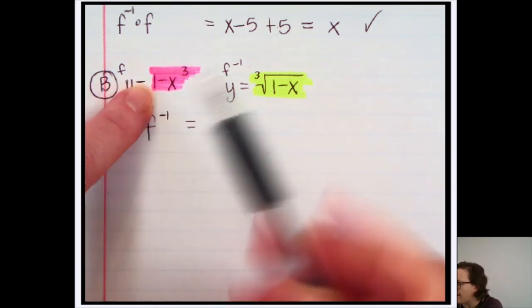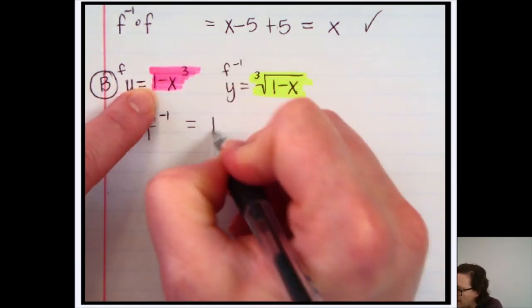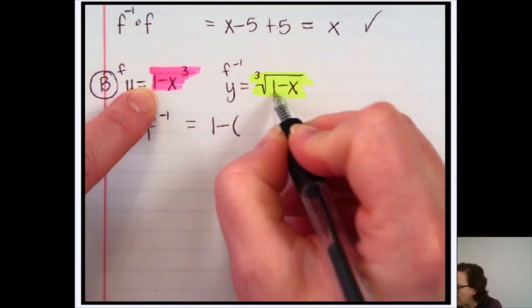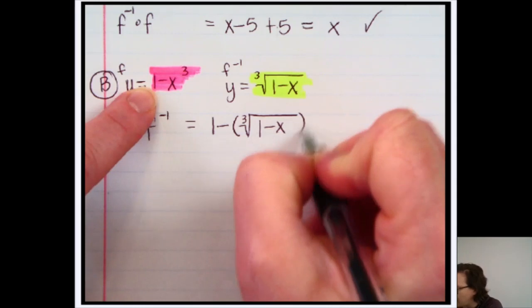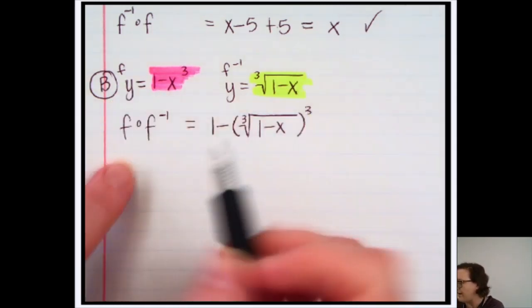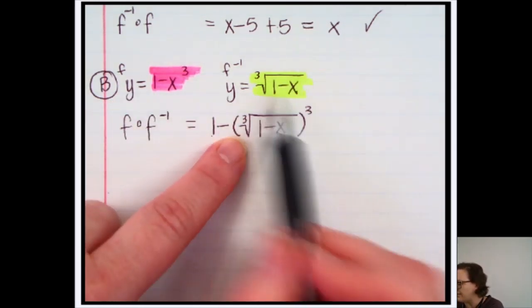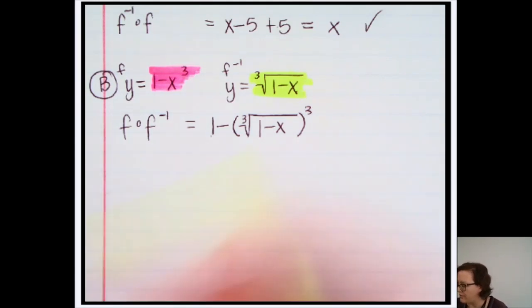Okay, so we start writing f down. When we hit an x, we're going to put in our inverse. Okay, so this says to cube that. So we have 1 minus, and we plug this into the cube. Okay, so